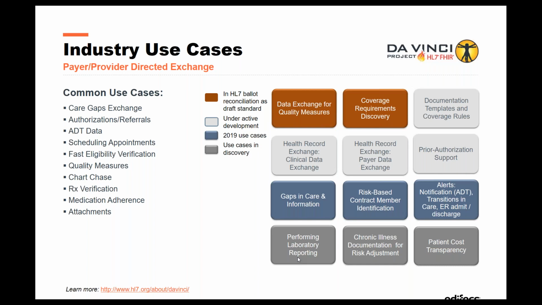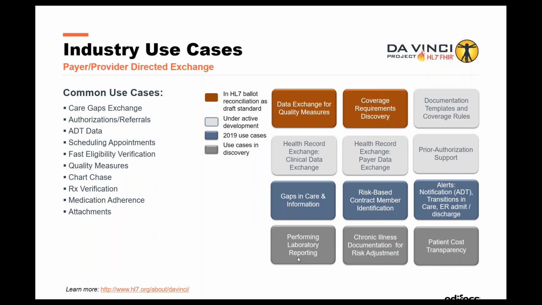On the left-hand side, I put out some things that we've been hearing from our clients about what they think FHIR could help them with. These could be care gaps, authorizations, referrals, the ADT, which is going to be a big one, where you have to know when one of your patients or members leaves a hospital system. Scheduling appointments seems to be the low-hanging fruit. Members couldn't do it in a portal now, but what if a plan, or a care team acting on behalf of the patient, can set a schedule within a trusted environment? Use cases like that are starting to pop up, right?